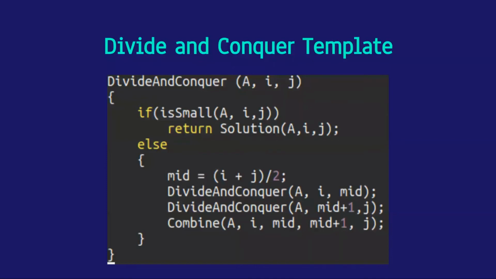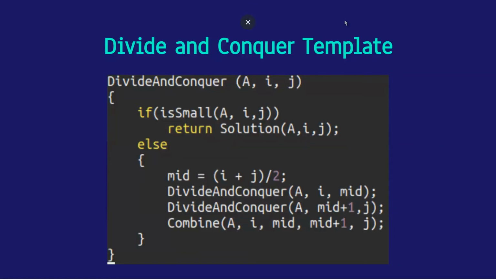So now you found the mid. Now it's time to conquer it. How do you conquer it? Maybe the two parts that you divided are still large. Maybe they're still not small enough. So you have to divide them further. But you have to realize one point. I gave you an array. You divided it into two parts. Now what are these two parts again? Think about this for a second.